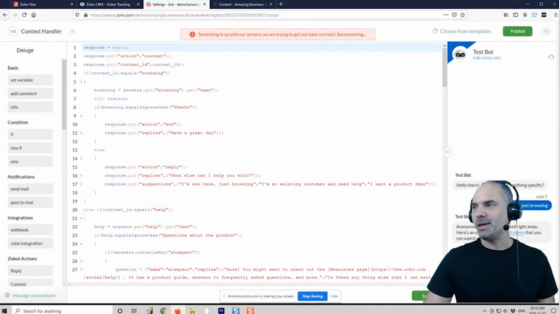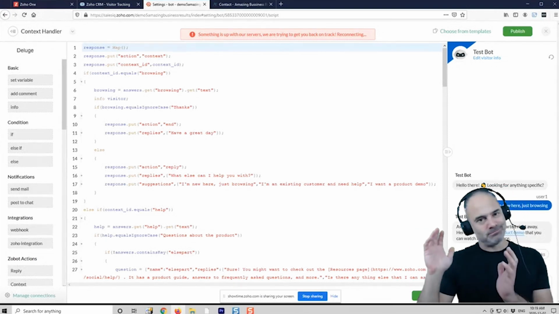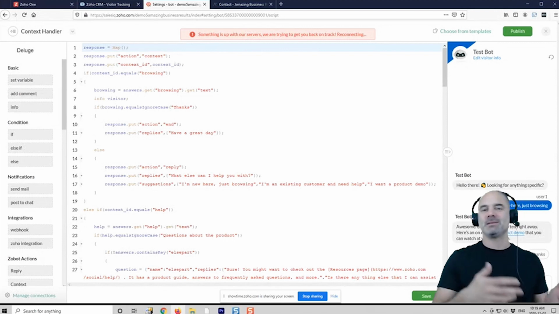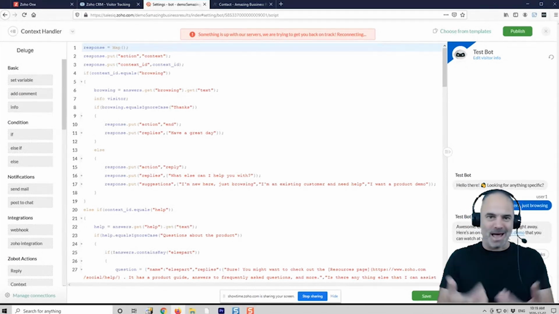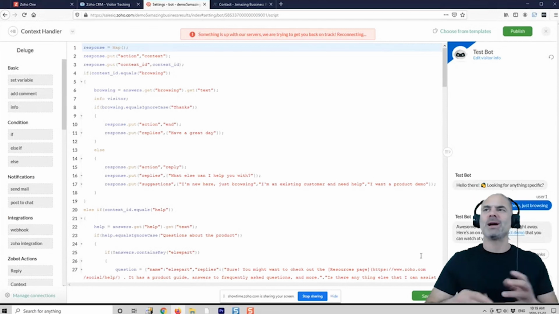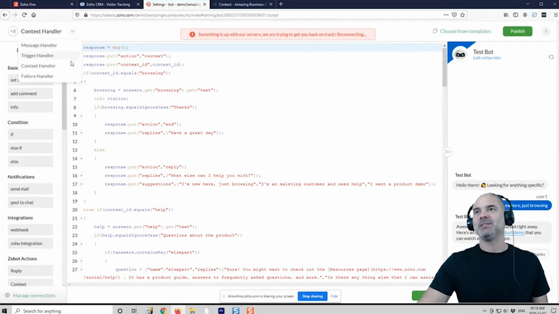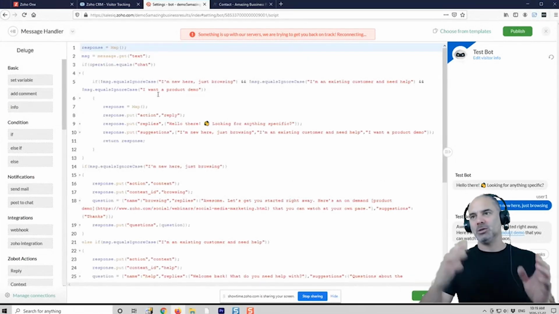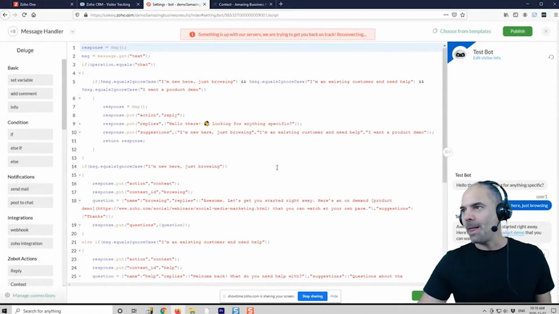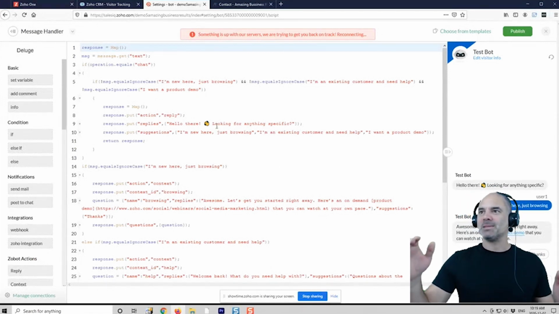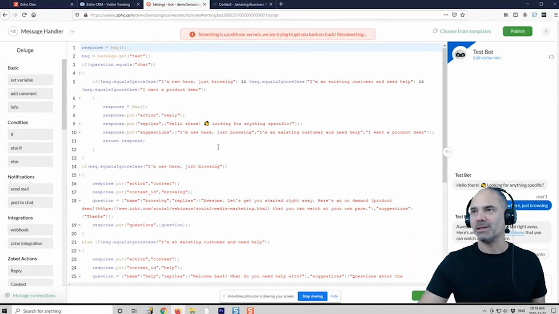Zoho is coming with a few templates for the bots, but the problem with the template is you need to do exactly what they're giving you, and no business can use 100% of the template. And when you try to make changes, it becomes difficult because you have so many different pages and all of them need to sync in order to operate the bot. So I don't think it's an easy solution to develop on, but I think it's a cool concept that is growing more and more. So lots of cool stuff can be done here.